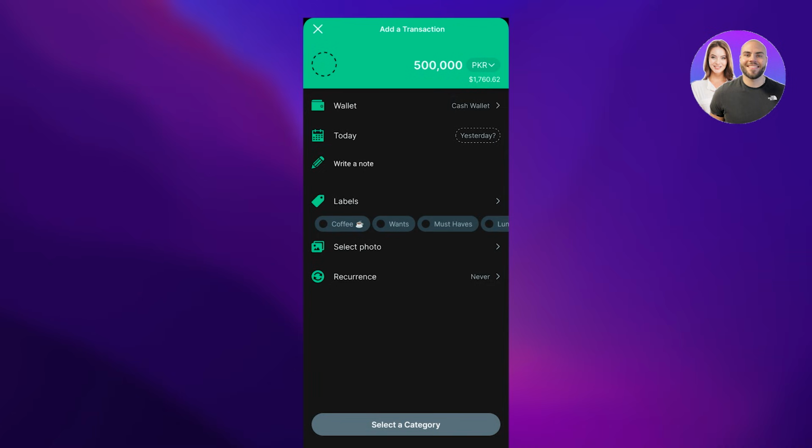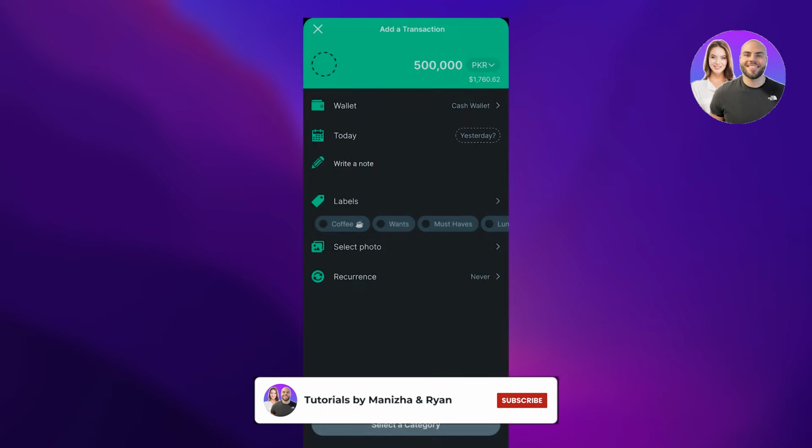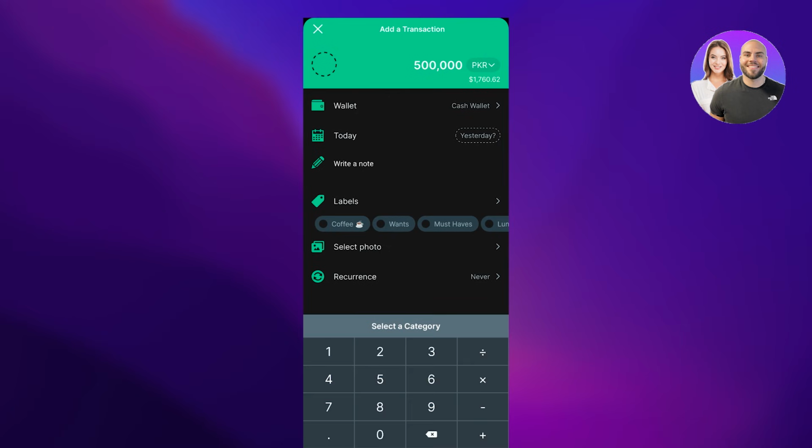So now there we go. You can add your transaction as well. Here you can select your wallet. Currently I have 0 over there, but that's fine. And here we can select one of the options right down below, and this is going to be our